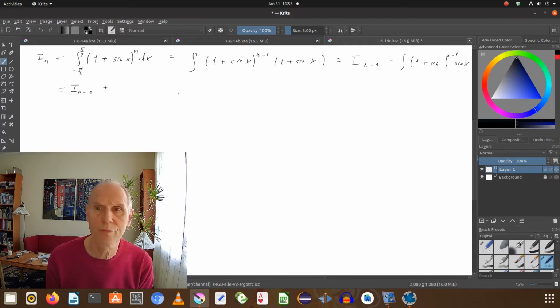The cosine vanishes at the, or minus cosine vanishes at the boundaries, so it's minus the integral. We differentiate this guy, times cosine, and integrate this, which is minus cosine,